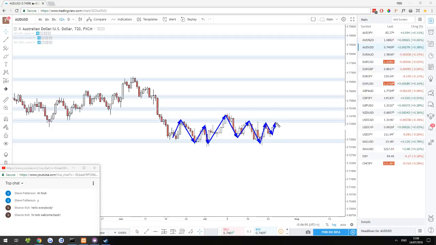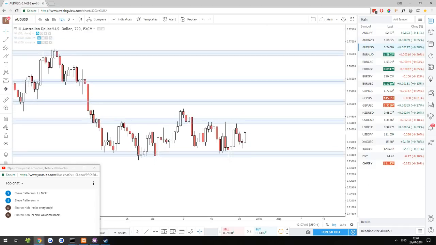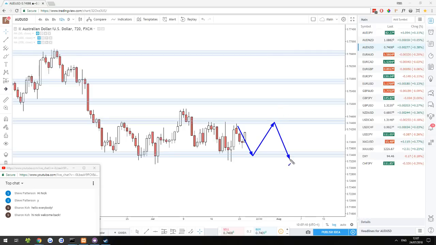So you could look for some range bounce trades. Doesn't look like a very clean range. So when I say clean range, what do I mean? Clean ranges are just where price goes up, down, down without really stalling in the middle. It just bounces around. Those are rare, but when they do happen, that's some great trading to be done there. This doesn't seem like a very clean range because it does stall out in the middle.